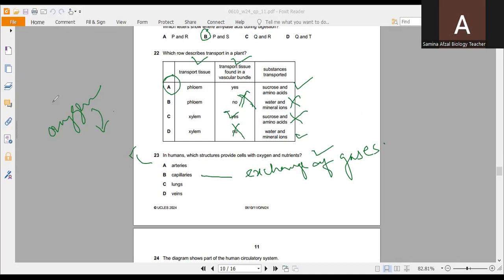So lungs provide the site for gaseous exchange. So arteries, no. Veins collect the deoxygenated blood. So only B is the correct option, which provides the oxygen and nutrients. And the next question is,